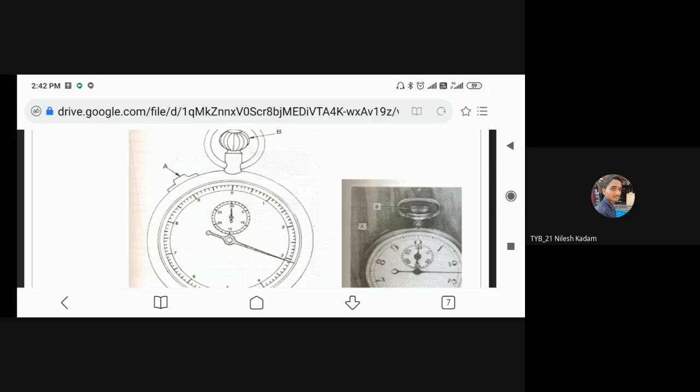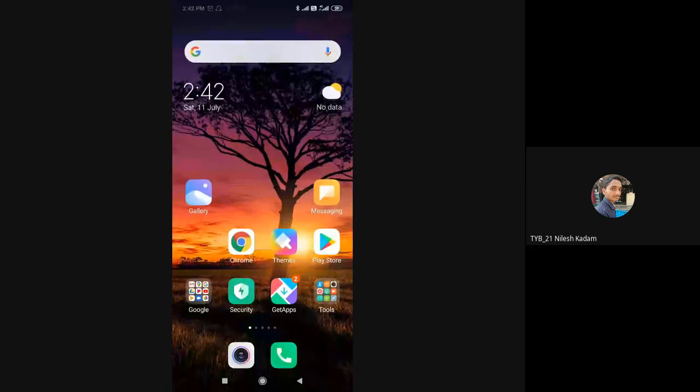So here two scales are there. Big scale shows the revolutions completed while performing the job, and how many revolutions there are, that we have to measure with a small scale. Or we can stop it as it is when we require this. Okay, so this is about the time study. Then we'll go for